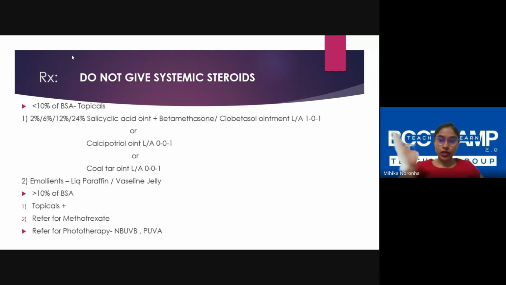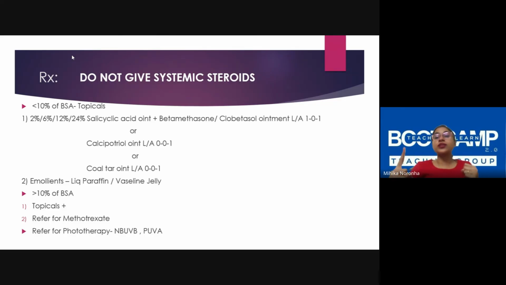Cyclosporin requires monitoring. Blood pressure, creatinine, potassium, all these things have to be closely monitored when starting cyclosporin. This patient will require intensive care. You do not do something like a loading dose of methotrexate and send them home. What you can give is a calcium tablet, as it's very often associated with hypocalcemia. You can keep your patient warm. Just like how we transport babies in IMNCI, wrap up your patient because they tend to go into hypothermia and have shivering. Sometimes it's triggered by an infection, so you can give these things.